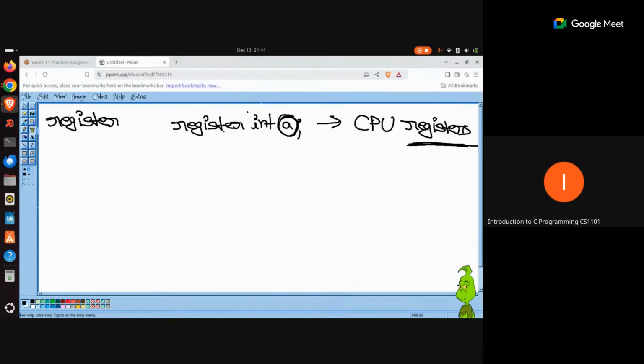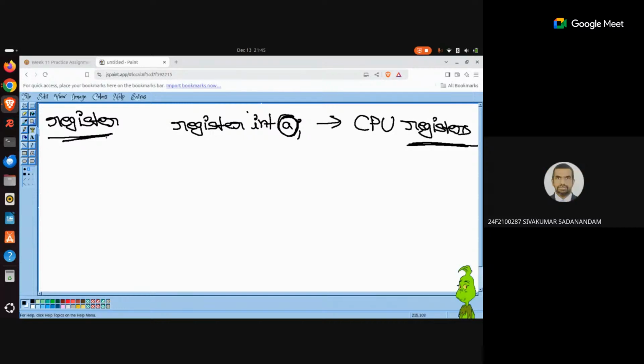But the question is, okay, let me first ask this thing, and after that I will move on to the next question. If registers are so fast, then why don't you think RAM exists? Why can't we simply have all the registers inside the computer? Yes, sir, because registers are generally very few bytes, sir, KBs and bytes. We cannot. And why is it so? If I want to have more registers, then